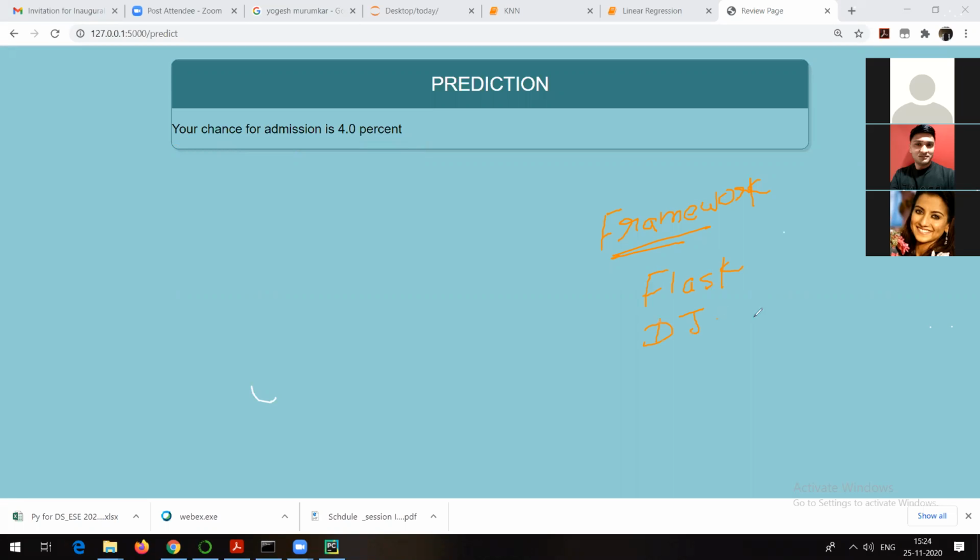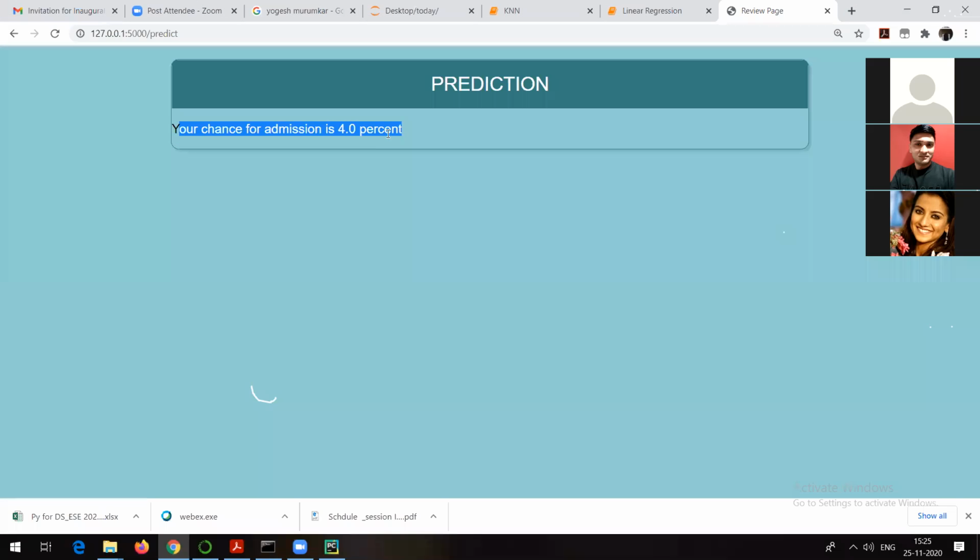You might have heard about something called Django. There is something called Falcon. Right now, there is something called FastAPI, and a number of others. If you know any one of them, learning others is not that difficult. Right. So that's what I wanted to show you, a web application.